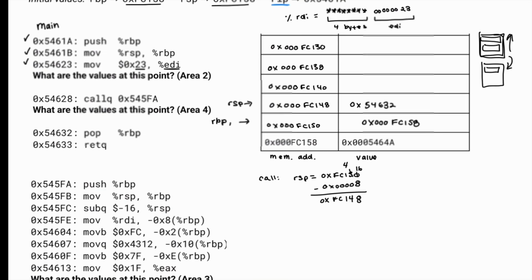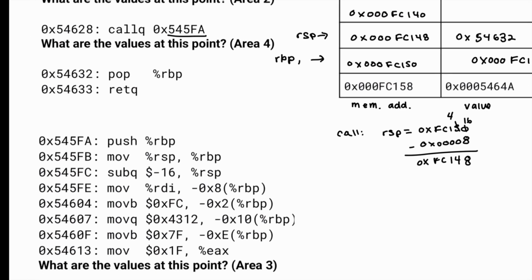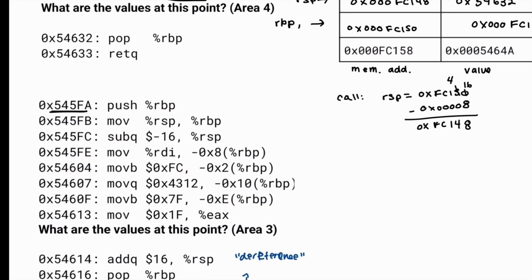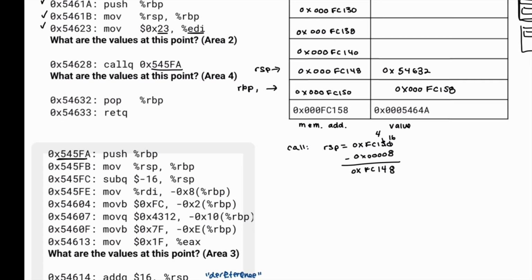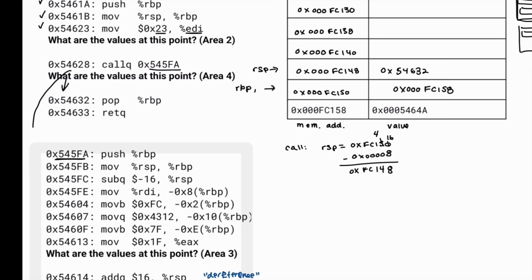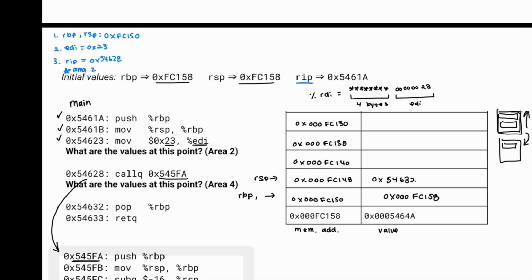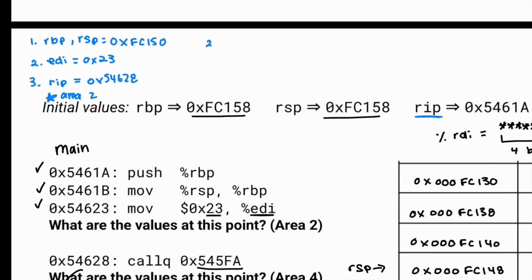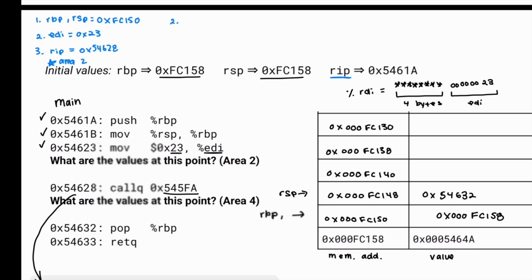Then the final step of call is going to be jump to that label. Well, in this case, our label is 545FA, which matches with this label here, which will be the first instruction of our new function. So now, instead of going to pop, we're actually going to jump to this instruction. Let's check our values at this point now at area 4. So we know that RSP is at FC148,